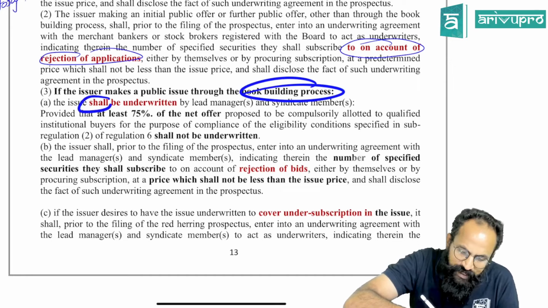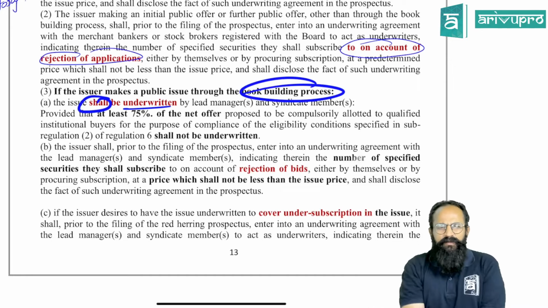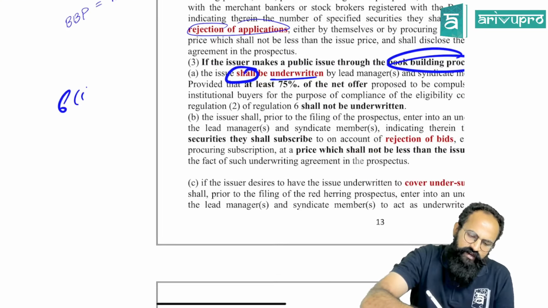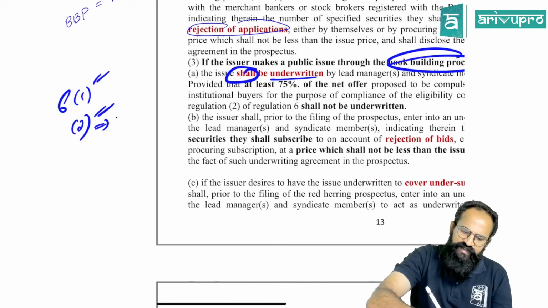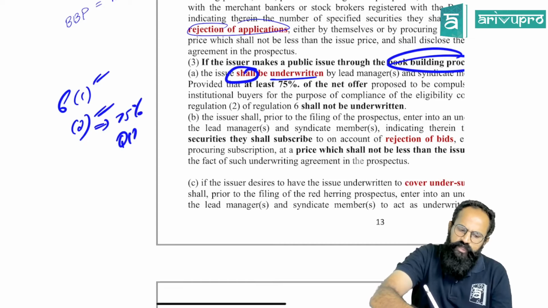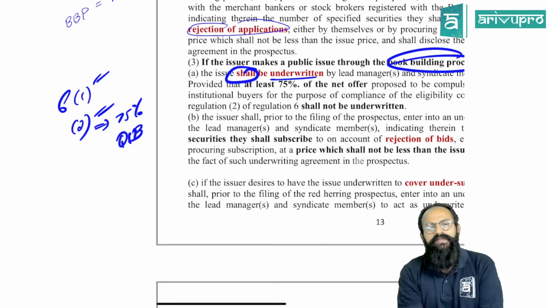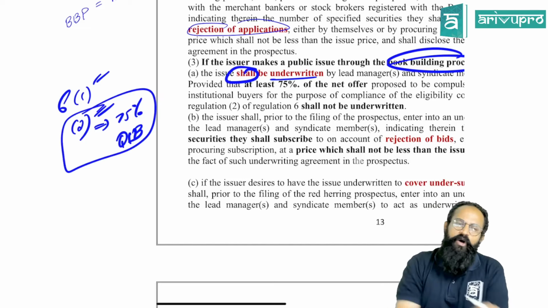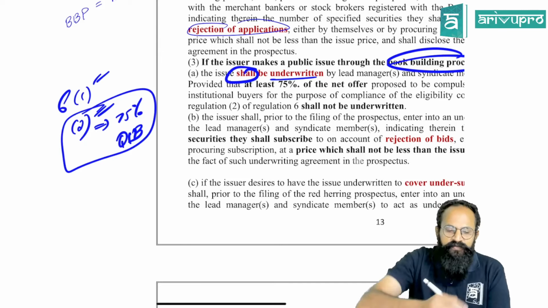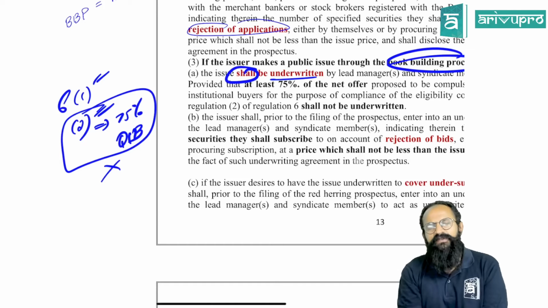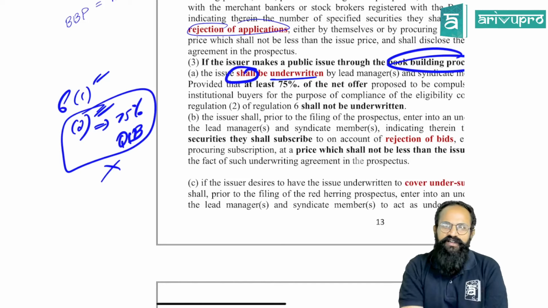See here, the issue shall be underwritten. So remember one thing, whenever you want to go for a public offer, there are two ways. One is called regulation 6.1, one is called 6.2. 6.1 was a long cut, 6.2 was a shortcut. In the shortcut, 75% you have to allocate directly to QIB. If you remember, they're telling you underwriting is mandatory. However, in the 6.2 part, whatever portion has to be mandatorily allocated to QIB cannot be underwritten. It has to be given to QIB only. It is already a shortcut. In that also you need a shortcut, is what they are telling you.